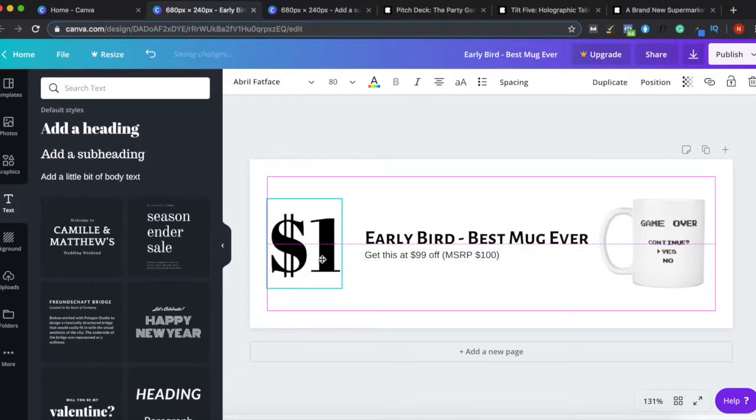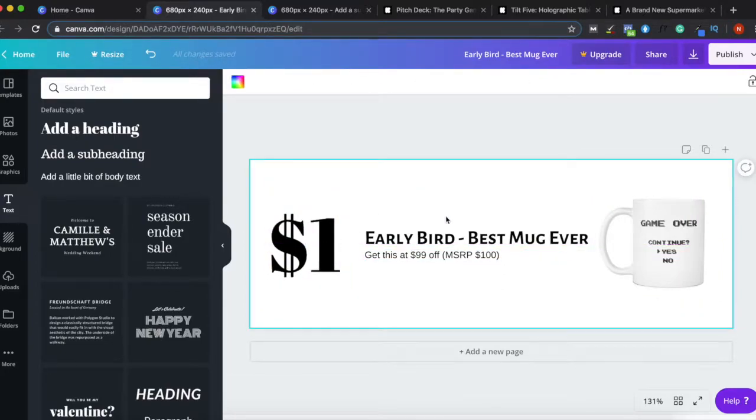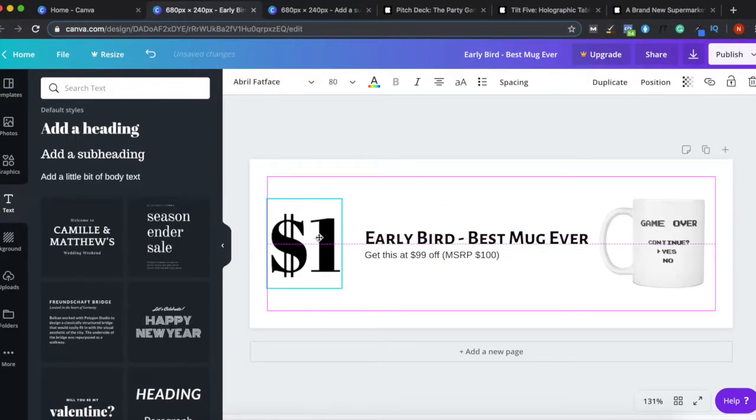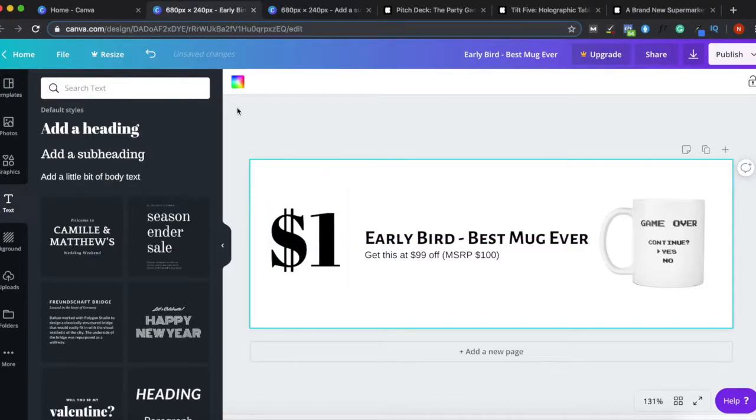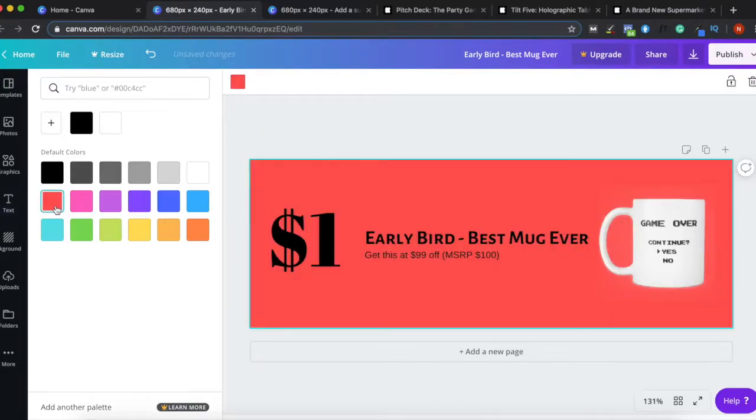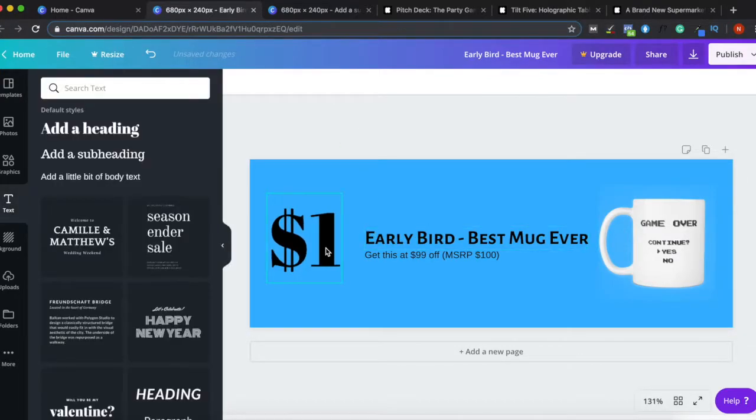And then if we want to jazz it up a little bit, what we can also do is put some color on the background. We can make it red or pink, blue. We can make it blue. It sounds pretty good. Yeah, we can make it a blue background, and we could duplicate this page and